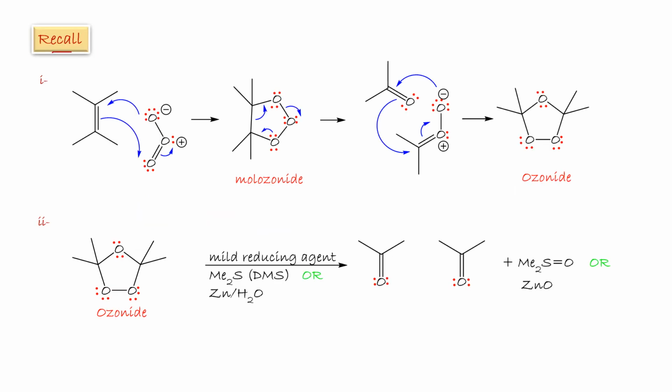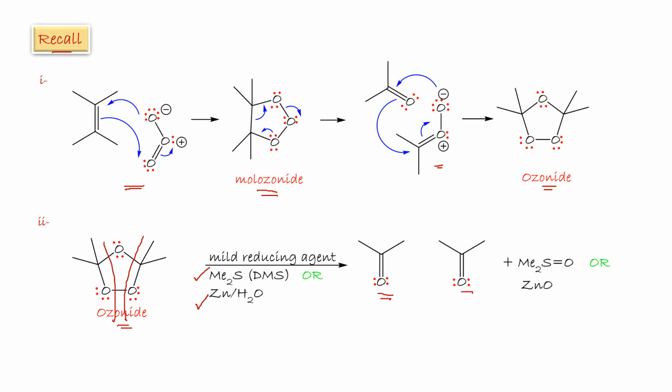Recall the mechanism: 3+2 addition of ozone with the alkene to form the molozonide, which breaks apart into two species, then reunion to form the ozonide. The ozonide, upon treatment with a mild reducing agent like dimethyl sulfide or zinc with water, gives the fragments,